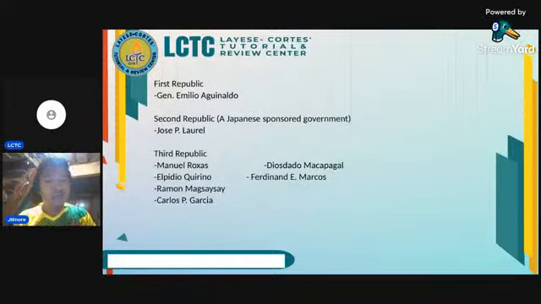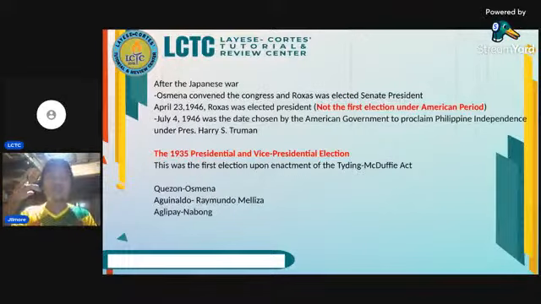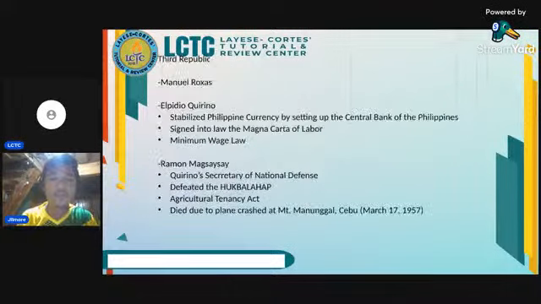I said a while ago that from Manuel Roxas up to Carlos P. Garcia, the Philippines celebrated its Independence Day every 4th of July. That is due to the fact that it was on July 4, 1946 that President Harry Truman gave full independence and self-government for the Philippines. Okay. The Third Republic, Manuel Roxas. Next is Elpidio Quirino,